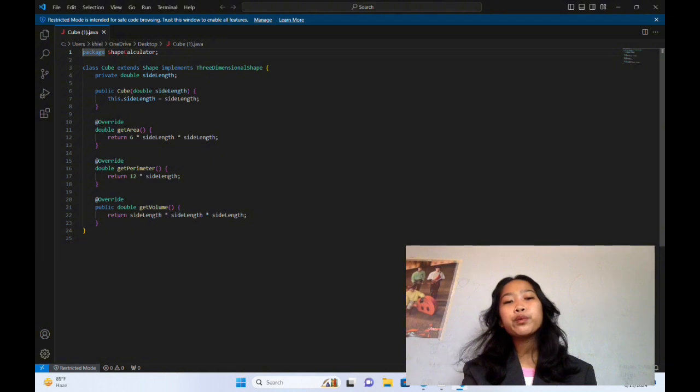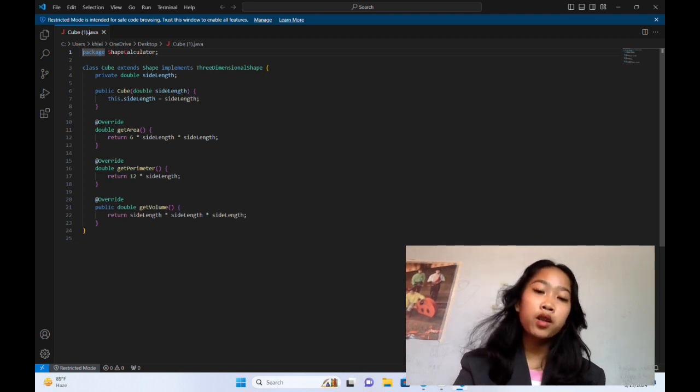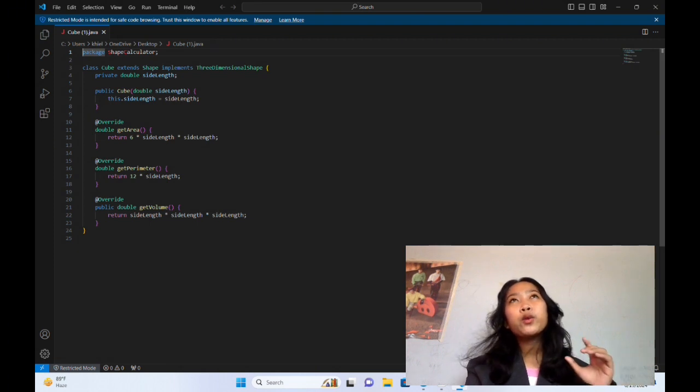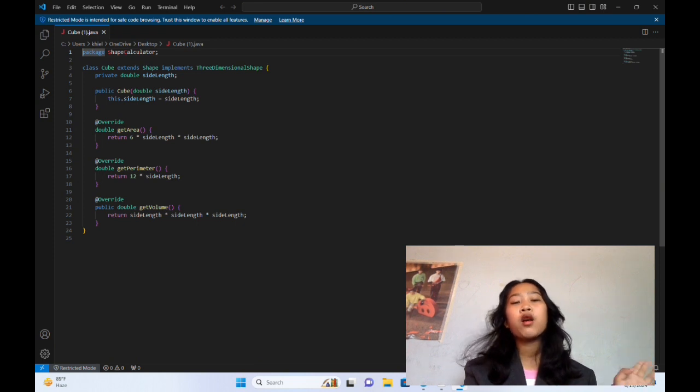So for the last lines, lines 21 and 22, which is the public double getVolume, it declares a method, which is getVolume, like getPerimeter and getArea. This double getVolume calculates and returns the volume of the cube, which is the amount of space it occupies.